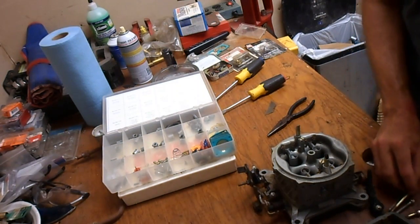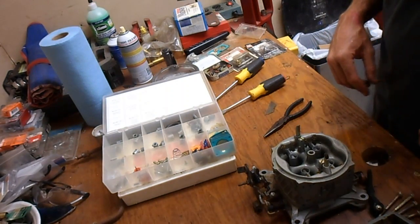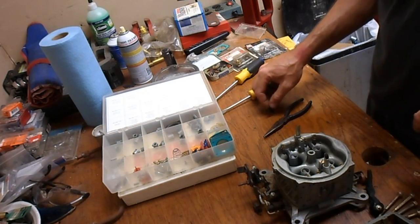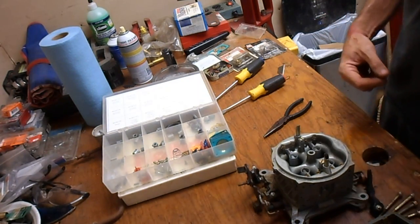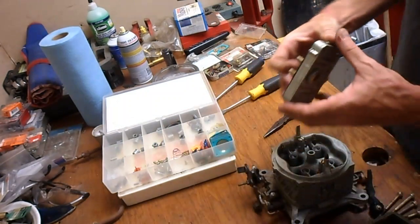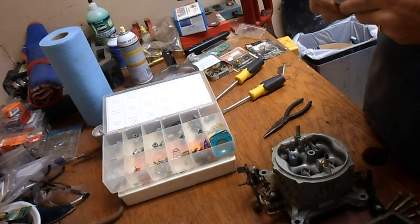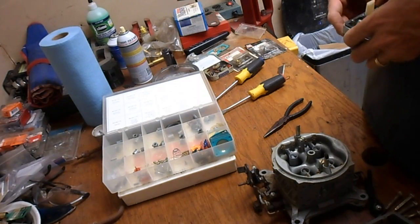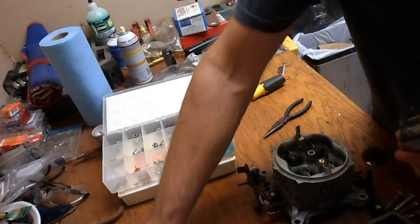Now, if anybody's noticed, see this hole here, this is actually an old door. And maybe one person who might watch this video would know where it came from. It's actually out of the Kimberly Clark, Neenah, Wisconsin Engineering Center. Way back when